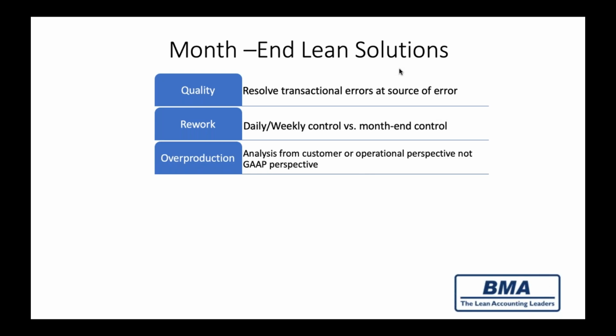Overproduction is doing some level of analysis or activities from a customer or operational viewpoint and not a GAAP perspective. One example of a company that I worked with last year is we were looking at how to reduce month end, and one of the issues was the capitalization of equipment. And the policy in that department was we're going to wait till we get the invoice in. We know we purchased some equipment, and this wasn't major equipment. We purchased something that qualifies as a fixed asset, and we're waiting for the invoice so that we can capitalize it and begin depreciating it in that month,